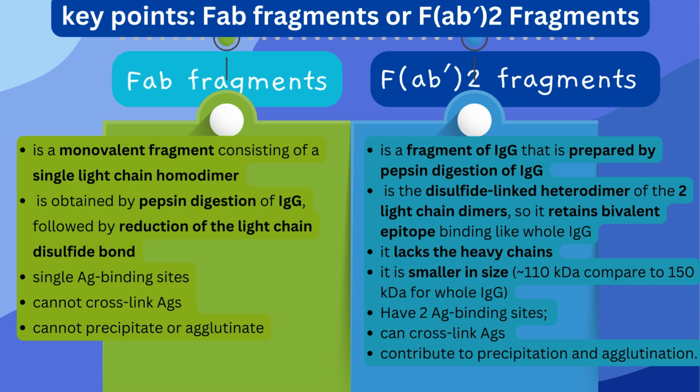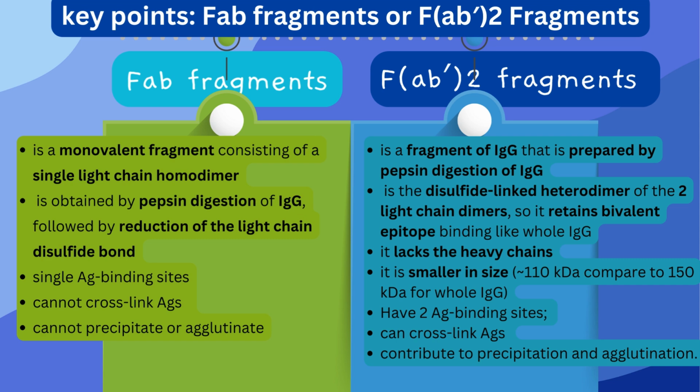And considering the production of these fragments, Fab is generated by the digestion with papain, which cleaves above the hinge region, producing two Fab fragments, while Fab2 fragments are generated by the digestion with pepsin, which cleaves below the hinge region, leaving the two Fab fragments